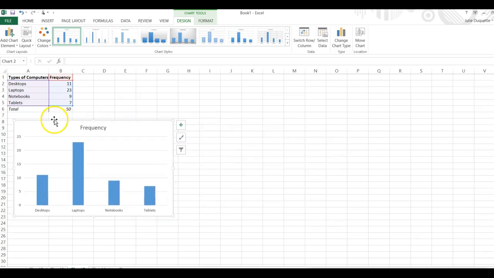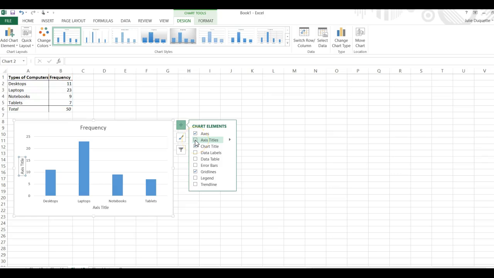Now I don't want you to leave it like this because you really should label your x-axis and your y-axis, or the horizontal and vertical axis, and you should give your chart a title. So I'm going to come over here to the plus sign, and when we click on it, I see axis titles. I'm going to click on that, and now I can actually put a title on the horizontal axis and the vertical axis. So I'm going to click in here,